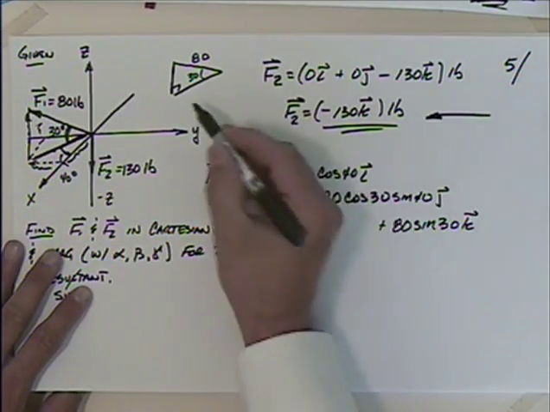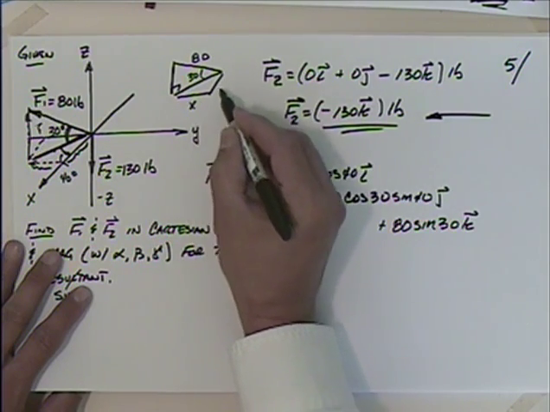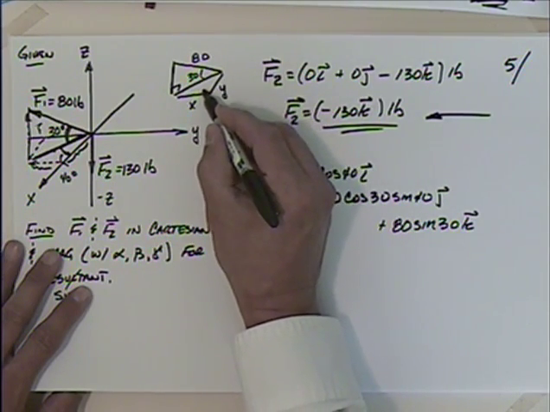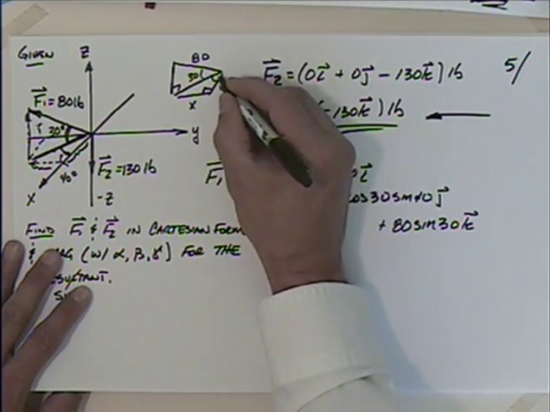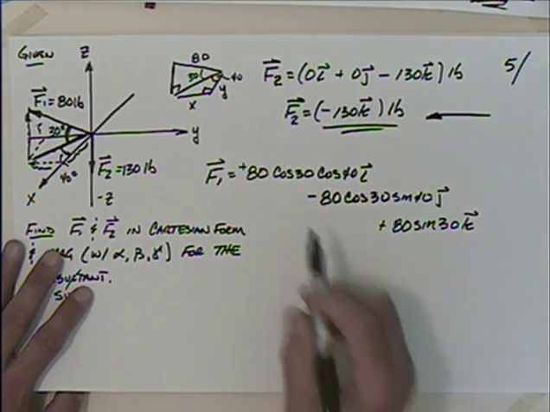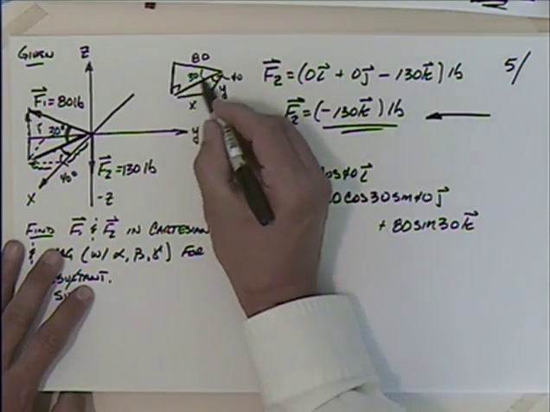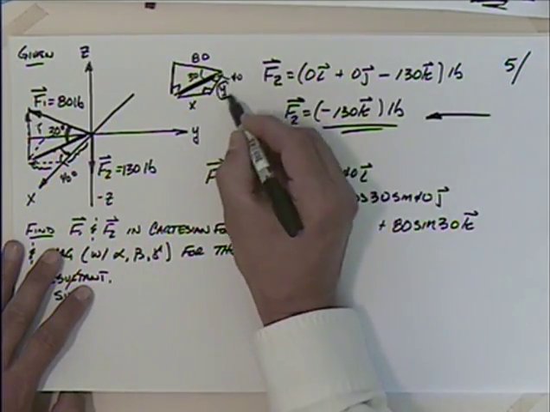Okay, and then I have this triangle here, where this is the x piece, this is the y piece, this is now the right angle, and this angle here is the 40. Okay, so when I say 80 cosine 30, that gives me this side here. Then when I say the cosine of 40, that gives me